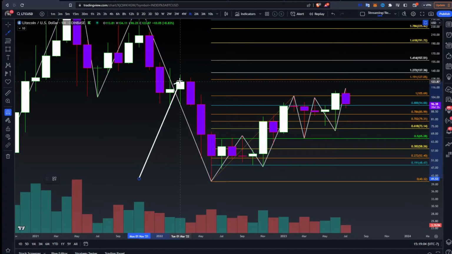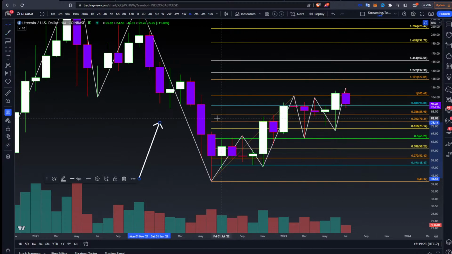Above there, then you've got 123 to 125. It's basically right around that wick high area. You have the 191 and 1272, and then it's pretty much a run to 140, 150 area at this low. So